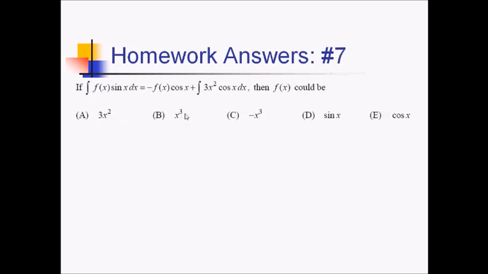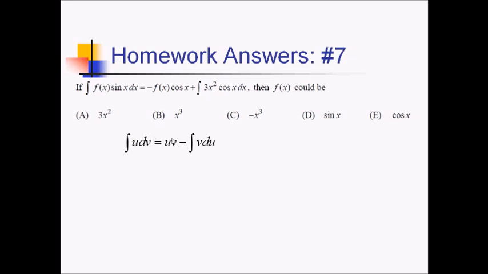For this problem, we're given that the antiderivative of f of x sine of x equals all this craziness, and we want to know what this random f of x function that I see twice is. Okay, so this is an integration by parts kind of situation. There's no other situation where you have something that's not an integral plus something that isn't an integral, and they're both functions. So I'm going to write my integration by parts formula, and basically using the form of this formula,